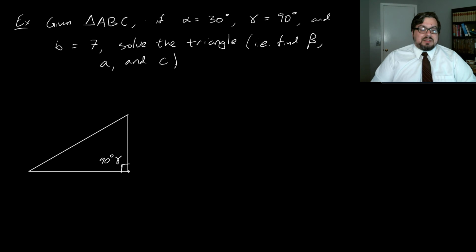Now that means that this point down here at the right angle is the point C, because the Greek letter gamma goes with the point C, and that means that the value little c is opposite that angle gamma. Now, we also know that the triangle includes an angle of 30 degrees. That's going to be alpha somewhere in there. Now, we have two interior angles,